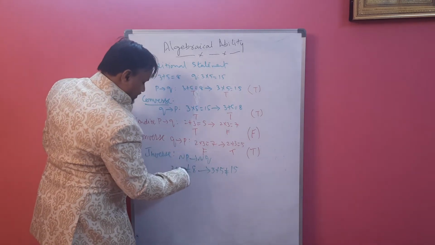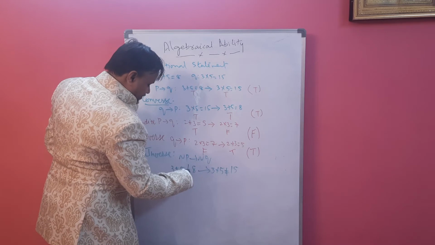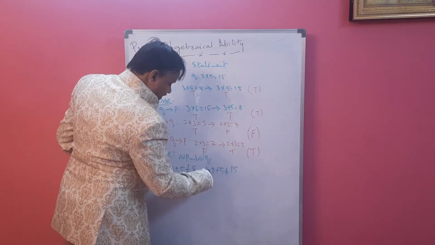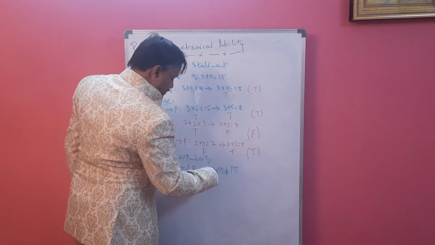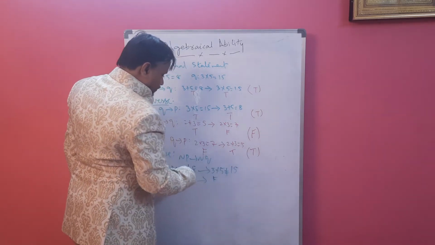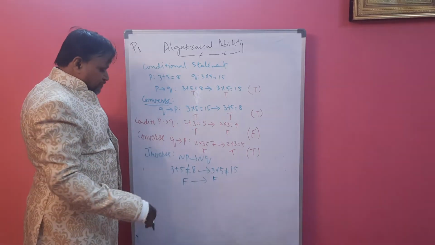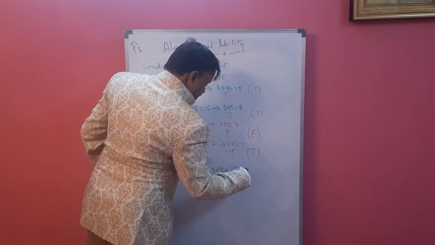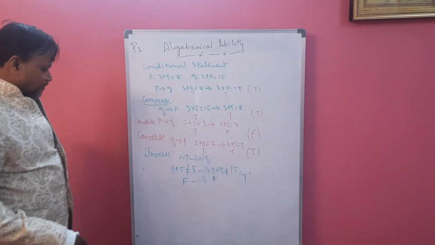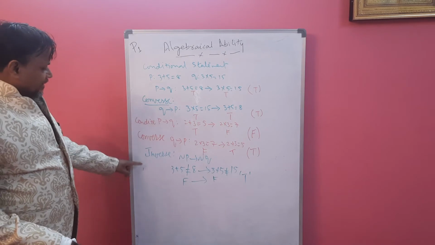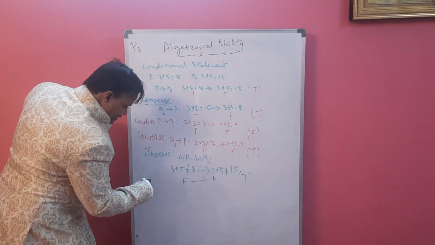Now this statement says that 3 plus 5, 8. Here not equal is given, so it's false. Here 3 into 5, 15, but not equal is given. Again it is false. False implies false. In false implies false, true implies false is not there, that's why it is true. These statements are also true. Like that we can prepare the inverse.